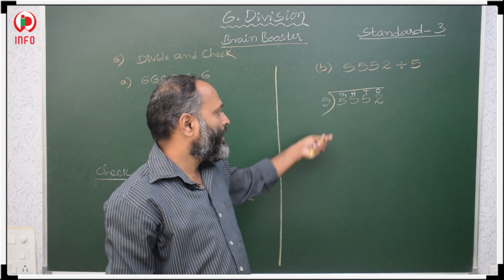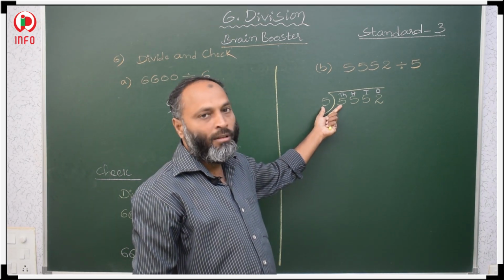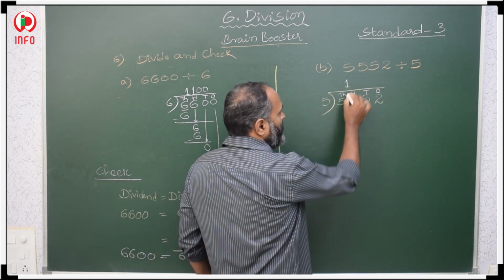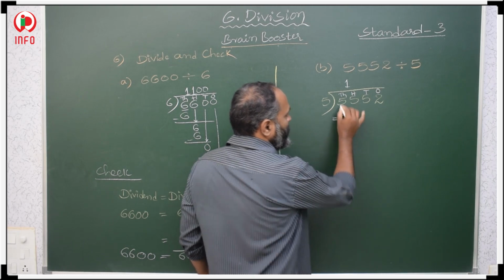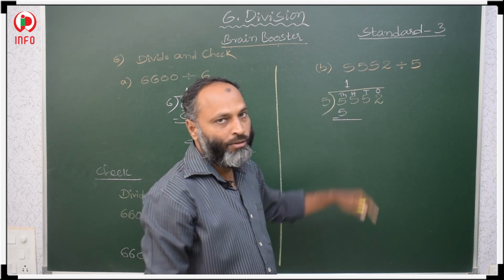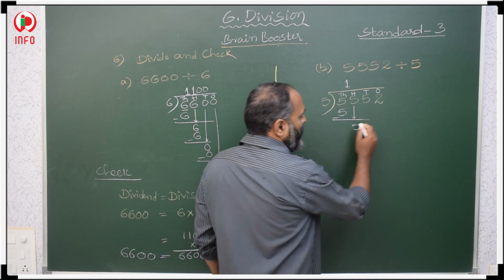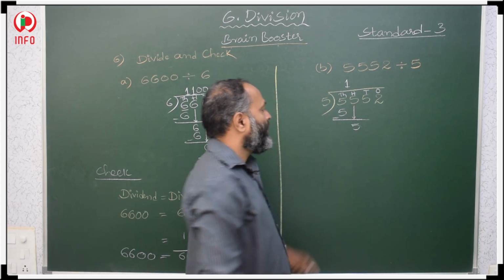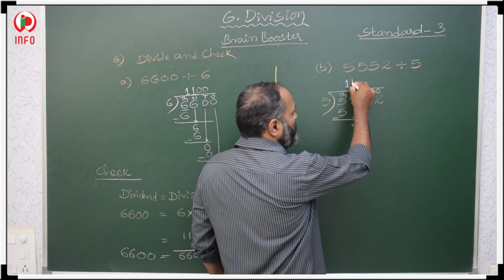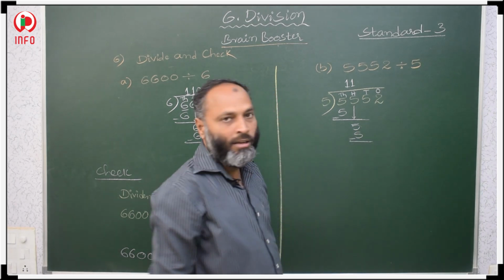First we have to divide thousands place with the divisor. When you get 5 in 5, 5 ones are 5, in the quotient we take 1. 5 ones are 5. Then minus, same number minus same number, 0. If the difference is 0, then you go for the next place, hundreds place. Once again we get here 5. So 5 ones are 5 again. The same number minus same number is 0.